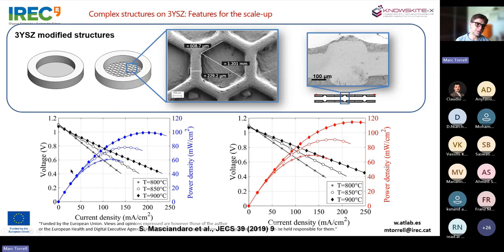And we can see the previous plot on the flat membrane compared with the plot that we achieved on the honeycombed printed electrolyte once functionalized with nickel YSZ and LSM. And you can see that we have a small increase in the power density because of this reduction in the thickness of the membranes inside, and also, following the simulations, due to some activation of these ribs as an increase of the area that we have in these button cells. But of course, we need to scale up because this is just on button cells.